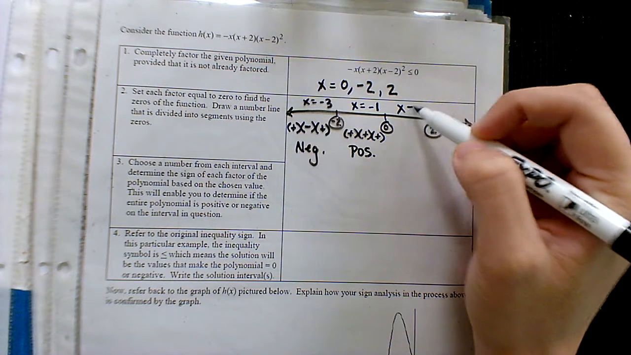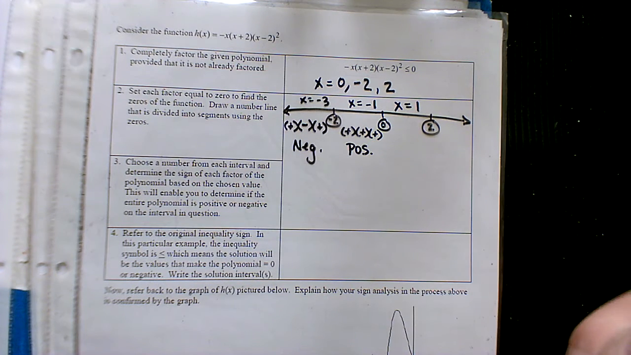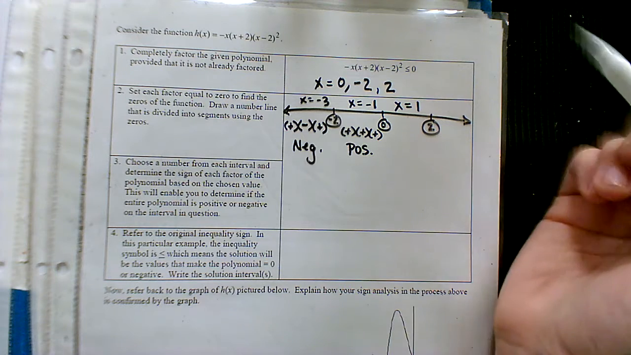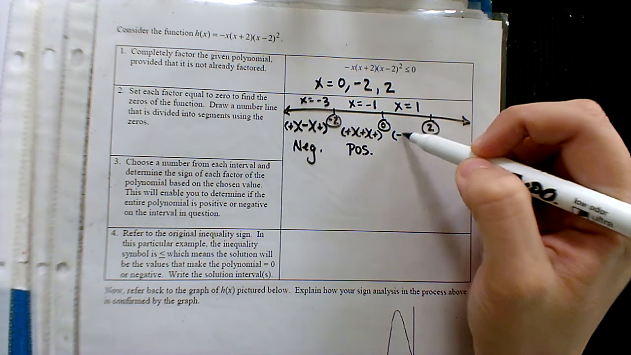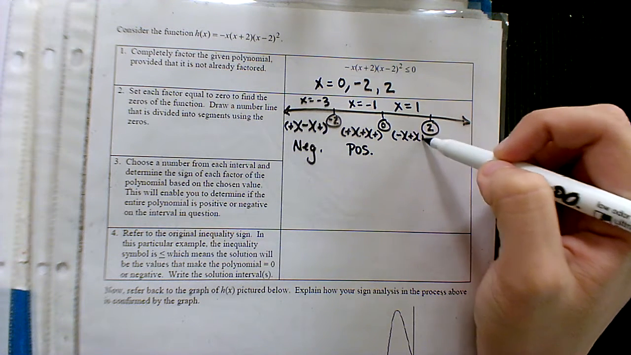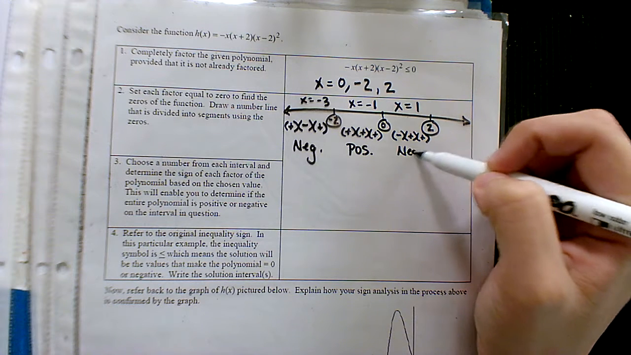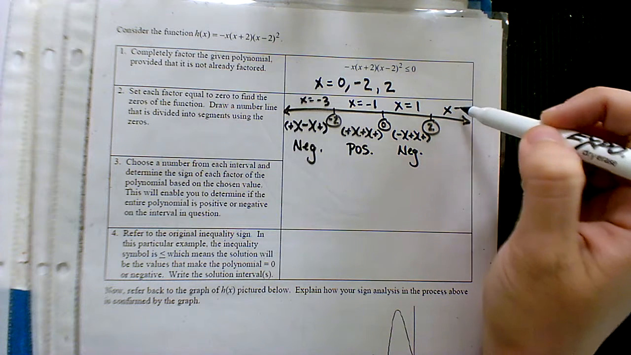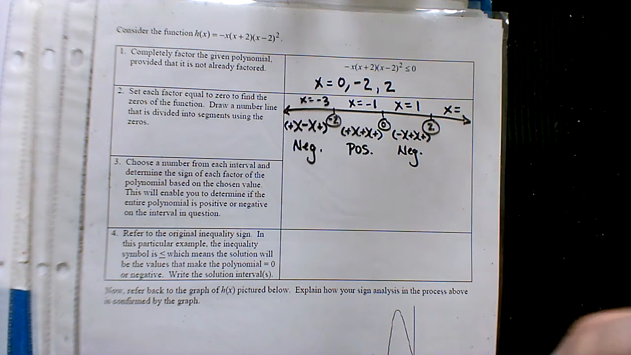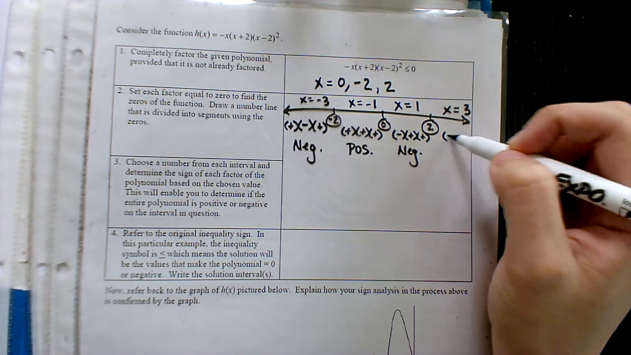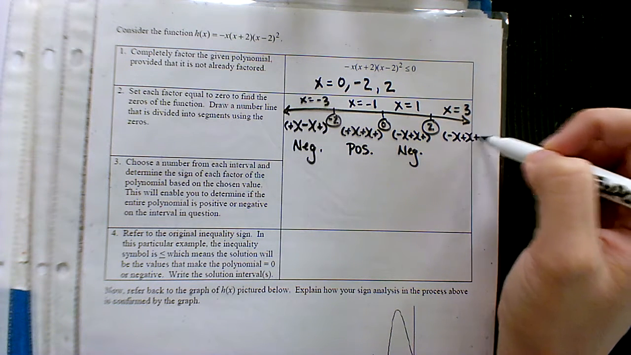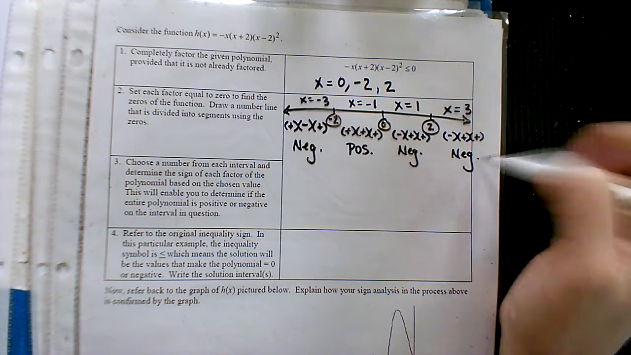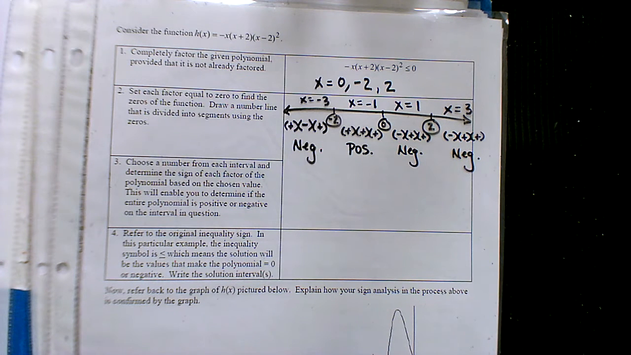For the next interval, you'll pick +1, plug it in for all the x's, we'll get negative, positive, positive. So overall we're negative. And then anything bigger than 2, maybe you'll choose 3, will be negative, positive, positive. So overall we're negative. I think this is a good example for us to see because the ones we did